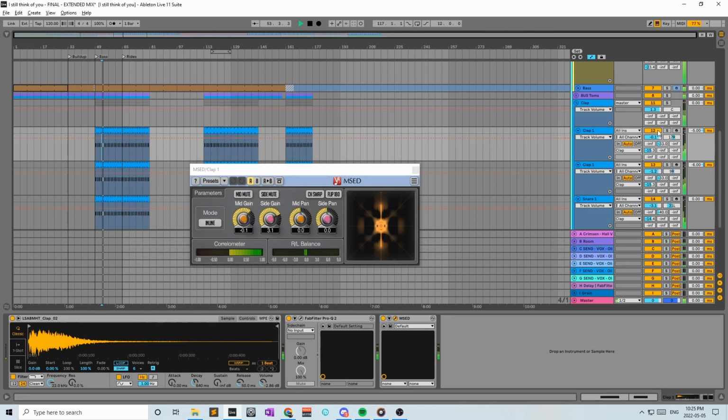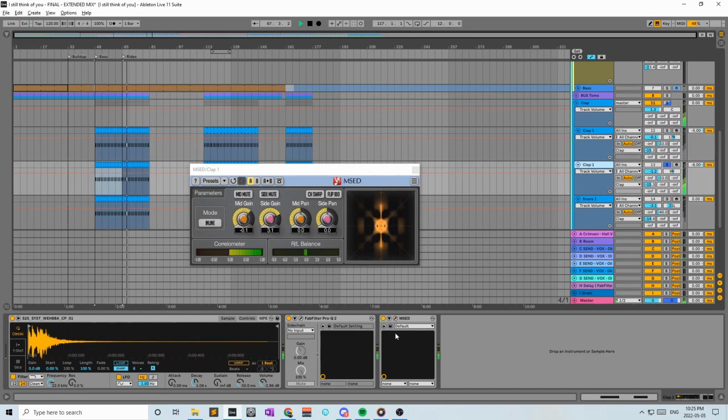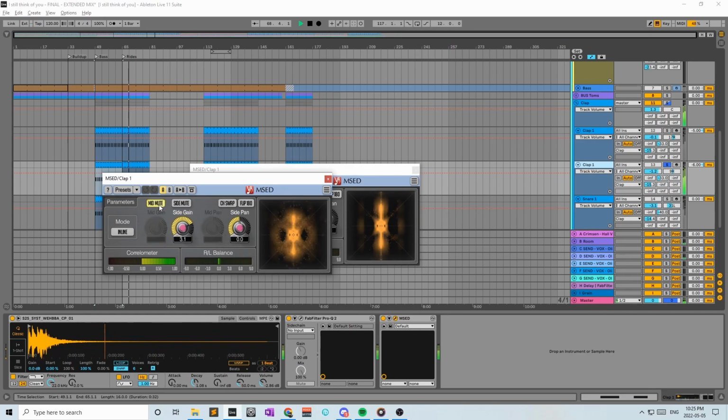and the way I test them is using the MSED tool, which is by Bogzenga. I think this one's free if I remember correctly. But yeah, if you do the mid mute, you'll hear the side. You'll hear whatever the side is left out of it. And the same thing with this one. I just mute, and there's a decent amount of side,